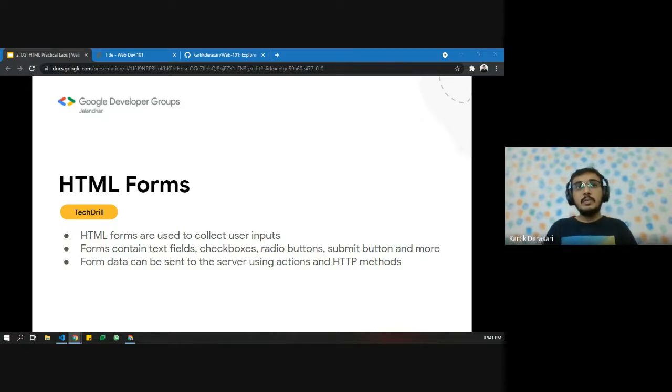Also, whenever we fill up a form, all the collected form data is generally sent to the server using form actions and HTTP methods. You will learn about form actions and HTTP methods later in the course, when we will see how to write the backend and how to write code on the server. We are not going to run a server right now, and we are not going to send the form data, but we'll see how to create a form.